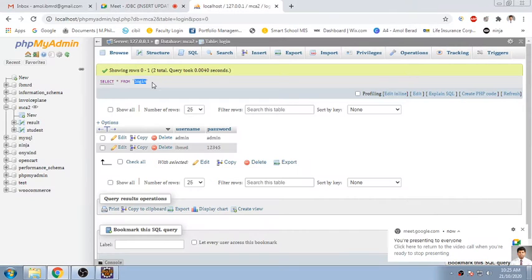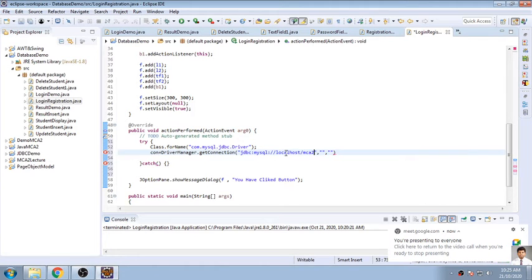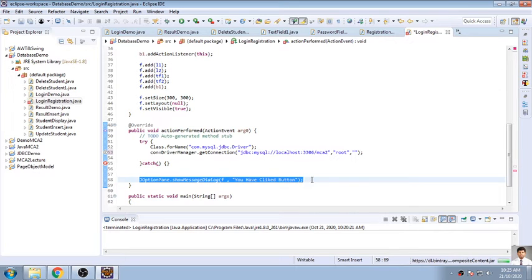So this table called login is present in MC2, so I need to open a database called MC2. So we'll go into coding and say localhost. It should be colon 3306, which is the port number of your database connectivity. The username is root, the password I have not given, so that's it. Now I will show the exception like this. So we'll check whether database connectivity is okay or not.